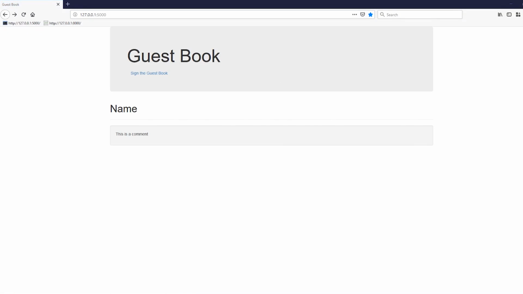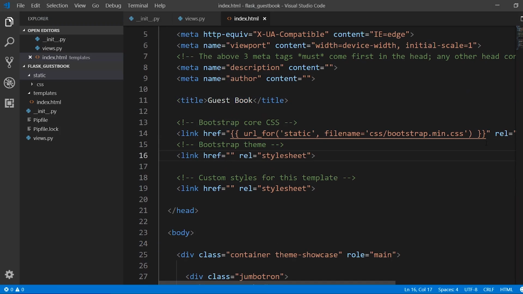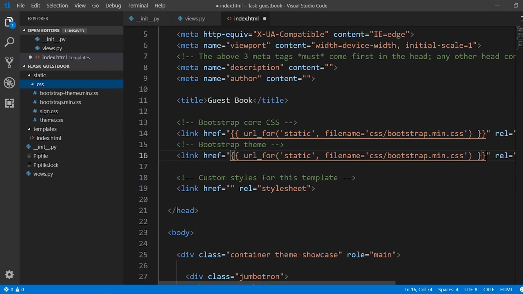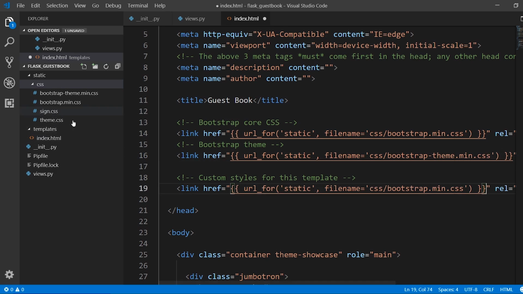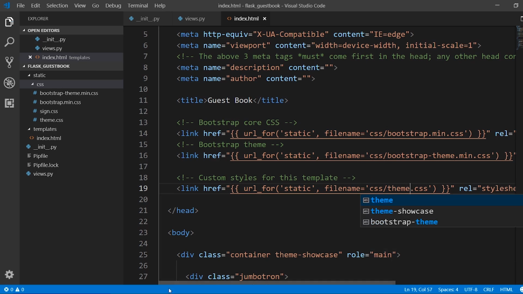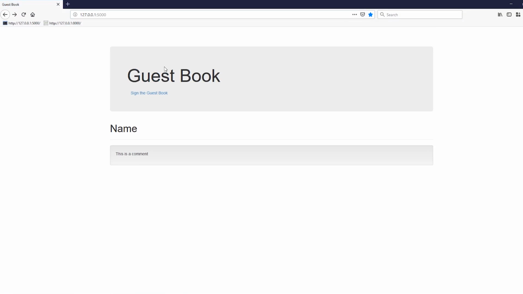There are a couple of other styles that I want, and the process is the same. I'll just copy this and rename the file. The other one is bootstrap-theme. And then the final one for this style is theme.css. Now if I run this again, this is the final style that I want. We see it looks a lot better. And we see we have the guestbook here, and here is where all the comments are going to appear